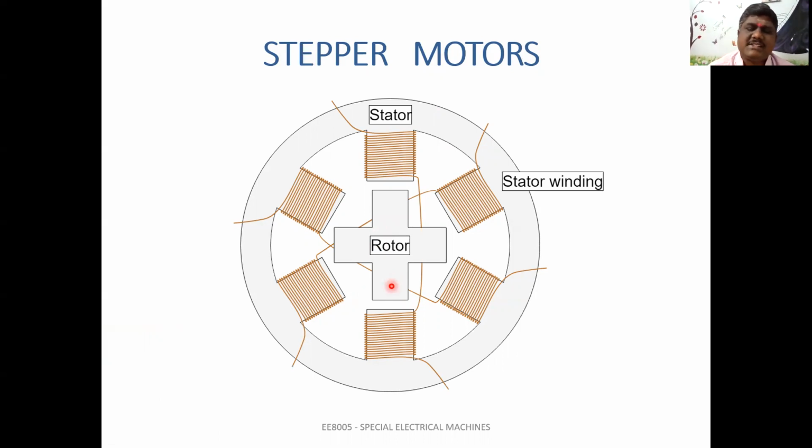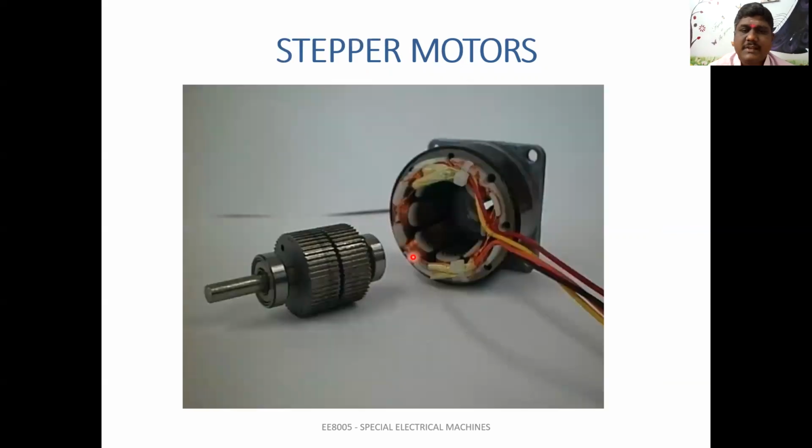In the variable reluctance stepper motor, the magnetic parameters are used. We know that reluctance is the opposing property to magnetic flux. Whenever a high amount of flux passes, the minimum reluctance path is identified, and immediately the rotor chooses that minimum reluctance path. That is the variable reluctance principle we normally use here, and this is the stepper motor we practically use.